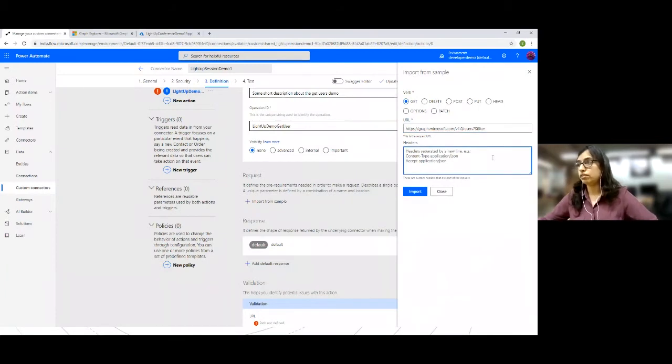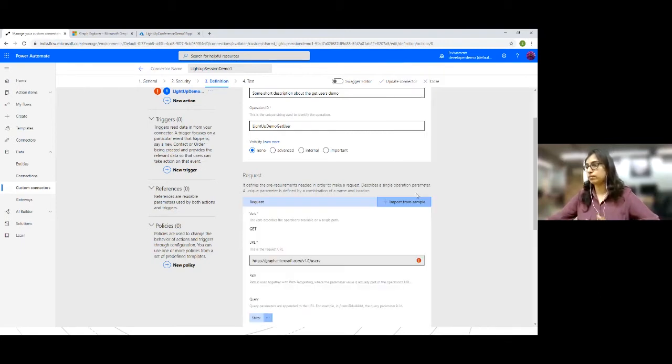So this is the Graph API. Now I don't have any custom headers to be provided for my API, but if you are using your own API and it requires any custom headers, you can provide them. So I've configured the options here, and I'll click on import.